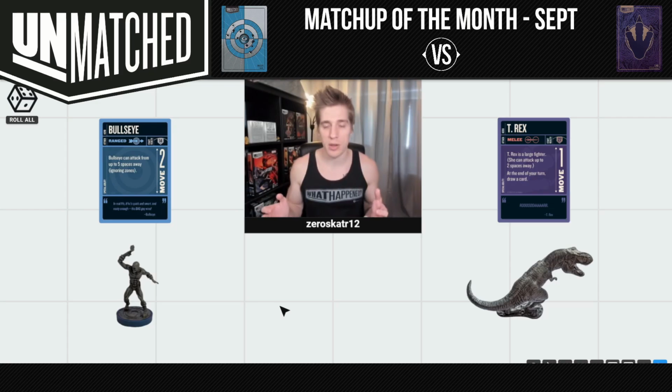It's going to be a battle of who can kill who first. Now, T-Rex has a little bit more of an advantage, I think, because the high health total means she can take some attacks undefended without having to worry too much, whereas most other fighters can't afford to do that against Bullseye. And also, she's